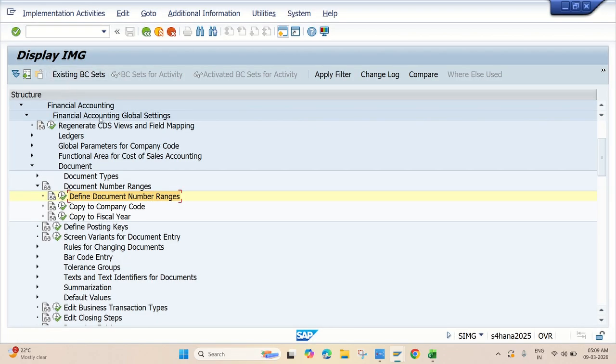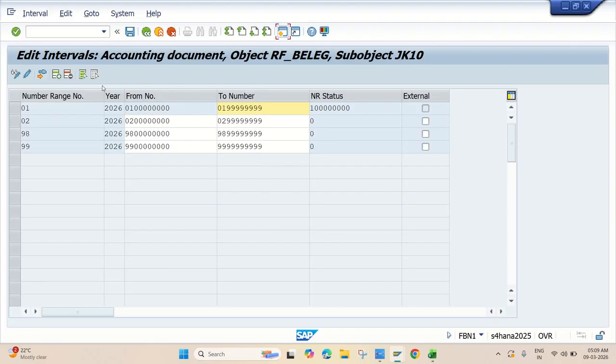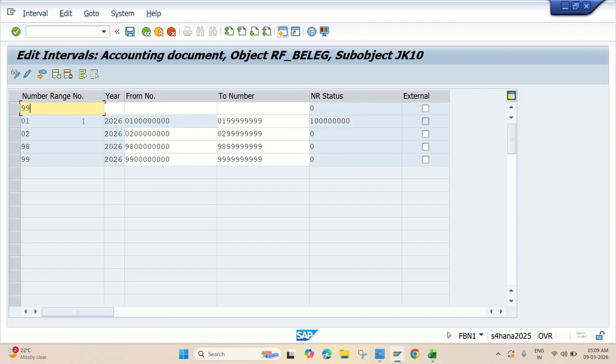So the path is same in financial accounting global settings, document, document number ranges, define document number ranges, company code JK10, intervals, insert line 99,